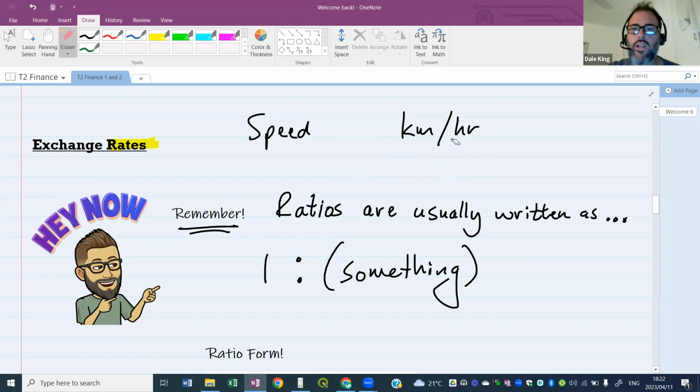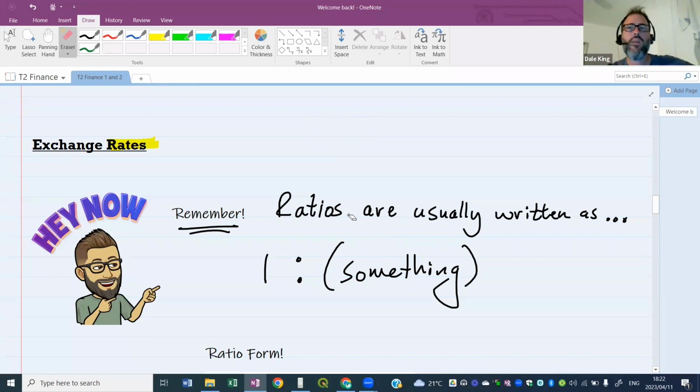Okay, so I'm going to erase this rate of speed here at the top and look at the ratio now. So in this ratio here, I've written 1 is to something. We do get ratios written in other ways. We can get a ratio written like this: 2 is to 3. That's also a ratio, okay? But often we want to write ratios as 1 is to something because it's always easy to compare one of something versus how many of the other thing. Okay, so we often express ratios as 1 is to.